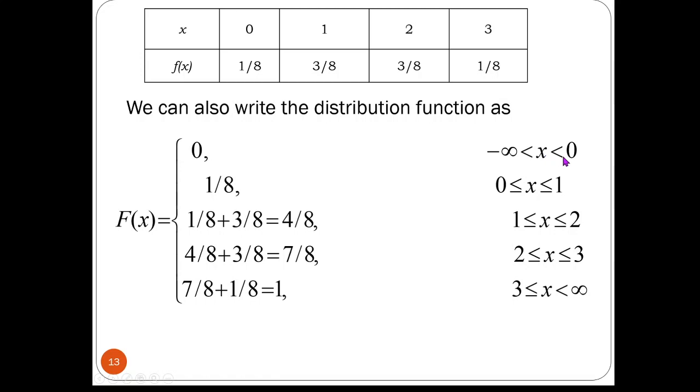infinity less than x less than the first random variable, and it has a value 1 for the last random variable less than or equal to x less than infinity. Don't put the less than or equal to sign while equating with minus infinity. X is always greater than or equal to minus infinity, and for the last interval x is always less than infinity.